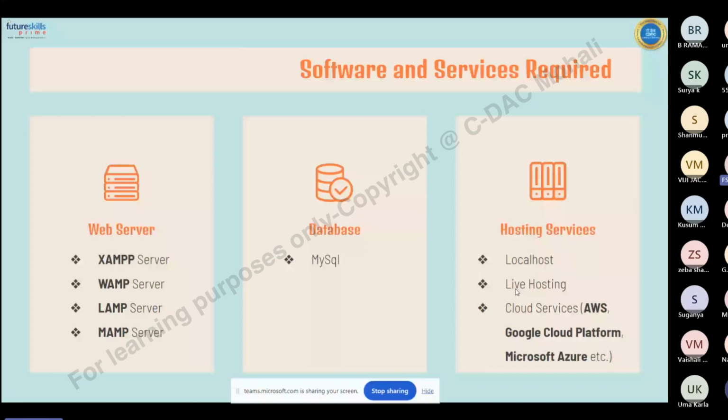And the next point is a database, because WordPress is basically developed in PHP. So we are using a MySQL database as a backend to store all the plugins and themes related information. And the next point is the hosting services,